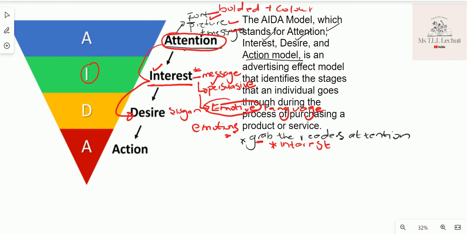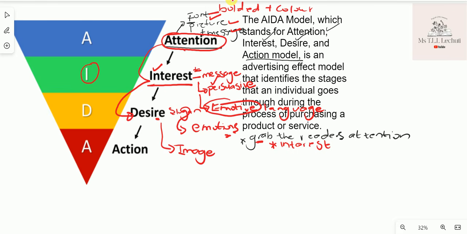The slogan can also support the message in such a way that it evokes the desire to go and buy, as well as the picture. Images are very important. Remember, an image in an advert must actually correlate or go hand in glove with the message. So sometimes imagine seeing a picture of such a beautiful car that you would want to purchase. That again arouses the desire to really go. Or maybe if the advertising